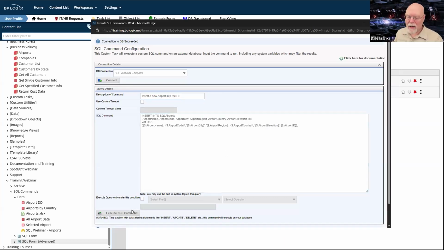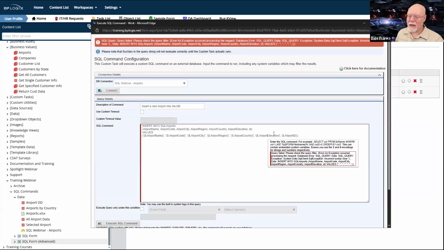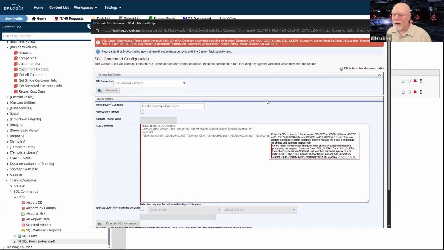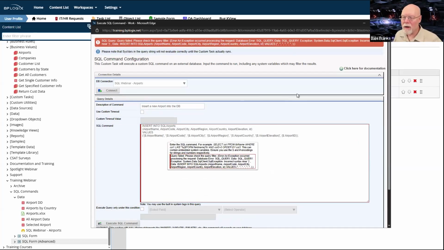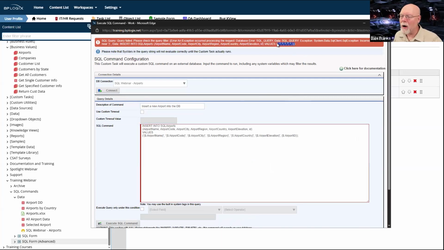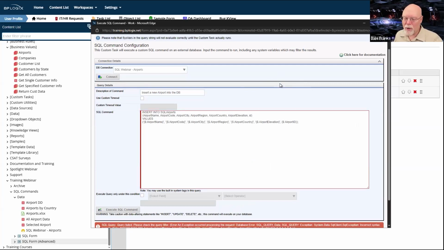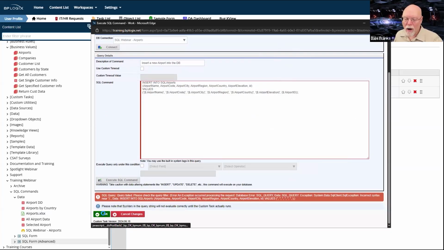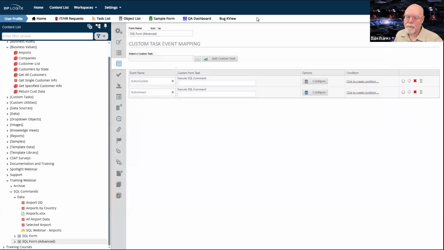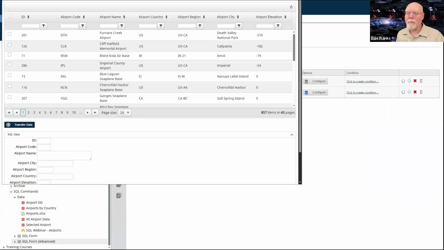Now again, execute SQL command. It's not going to do much because I don't have anything to insert, all of my data are, as you can see here up here at the very top, they're all blank. So it's not going to do anything for me, but it should work on my form. So I should now be able to update and run my form.